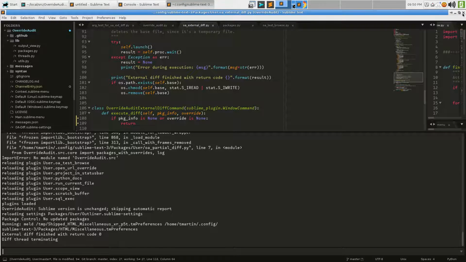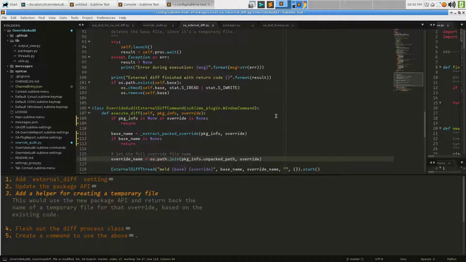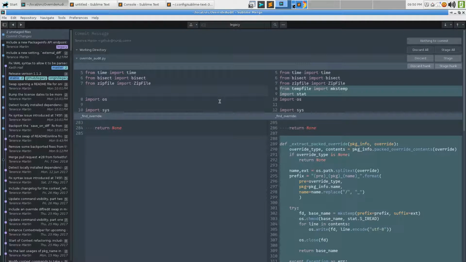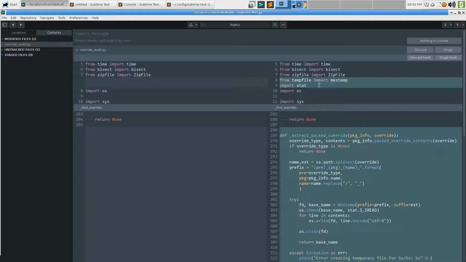So we have, in fact, successfully added a helper for creating a temporary file. Nice test that the code I put in place to persist this thing in the panel here still works. So we would be able to say, flesh out the diff process class. So here, not an untracked file. It's not an unstaged file. That's weird. I've been tending to use this, so